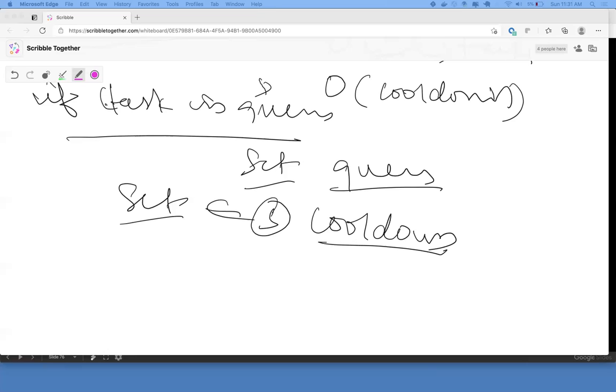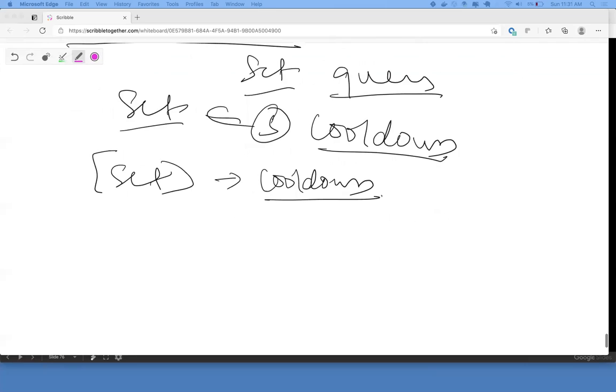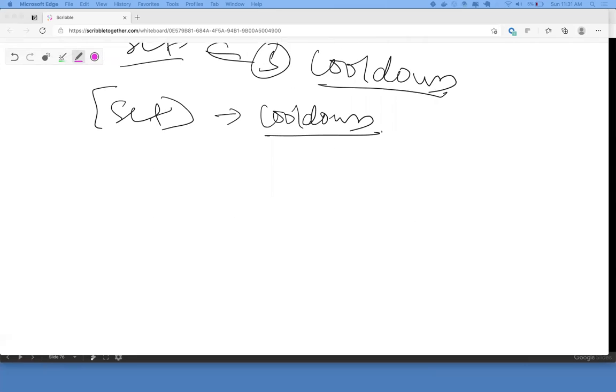So using a set, what you do is you make sure your set is of size cooldown. So basically, all the tasks that happened in the last cooldown seconds, and you're maintaining the set, putting in elements and removing elements.